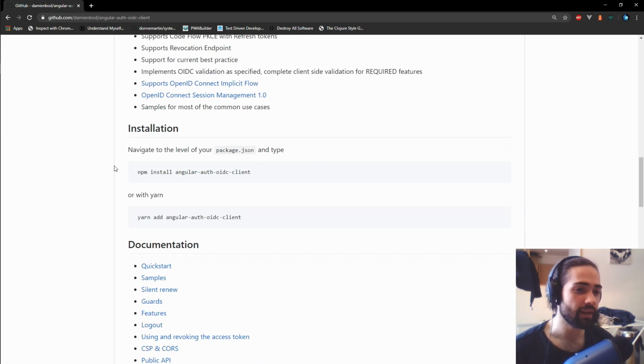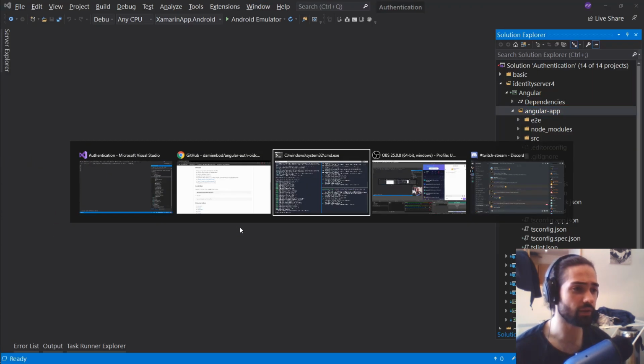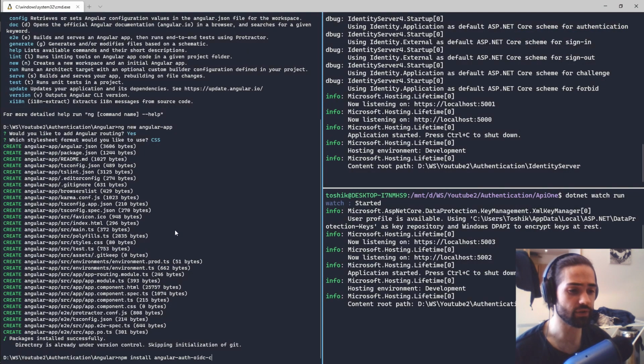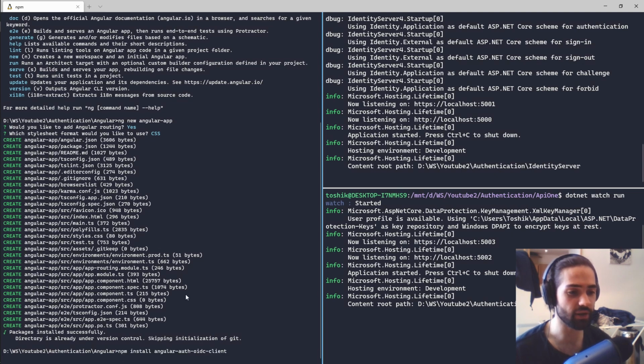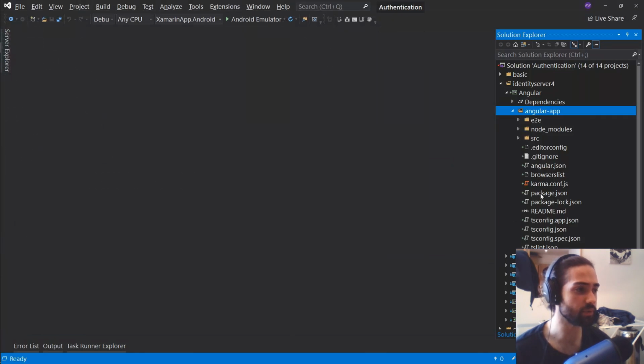All right. So let's follow through the installation instructions: npm install angular-auth-oidc-client. I'm gonna go into here, and I'm just gonna install. So here I have Angular. Just gonna install that, and you can see that it has installed. So if I go into package.json,